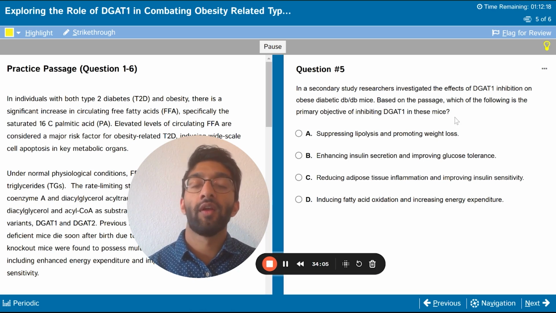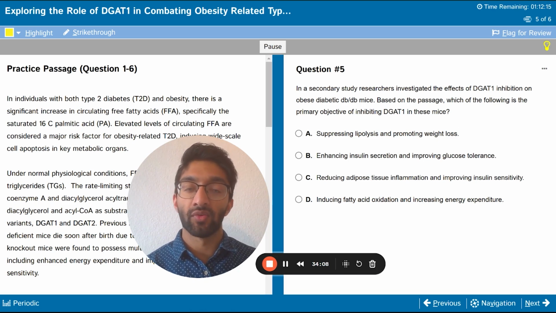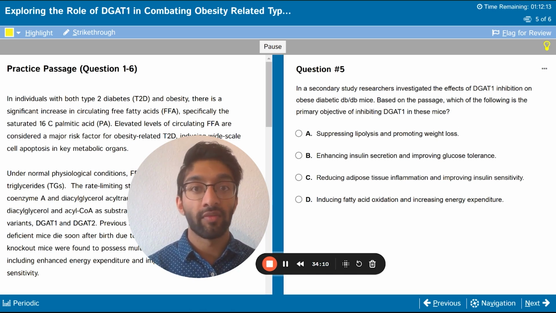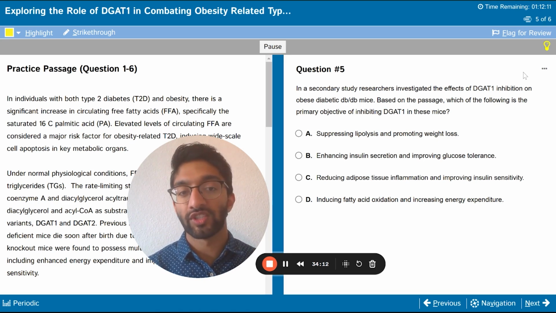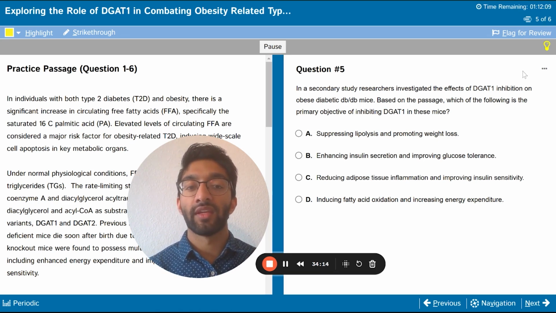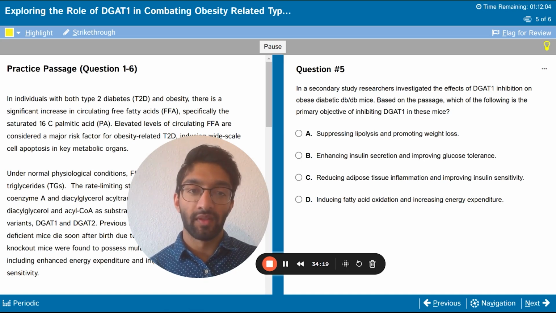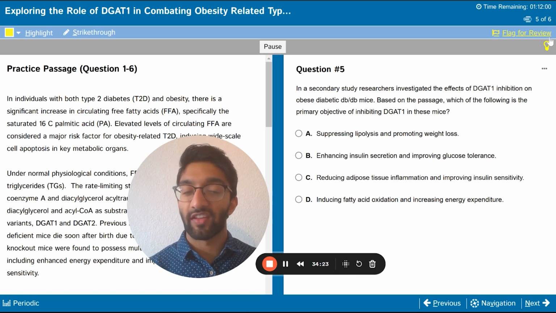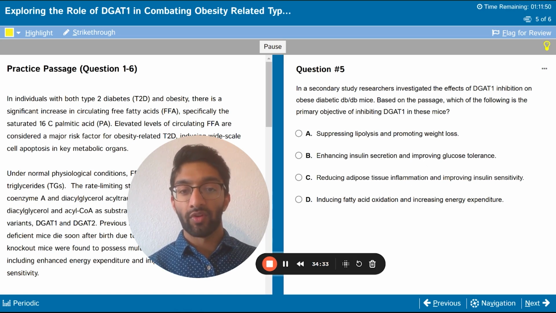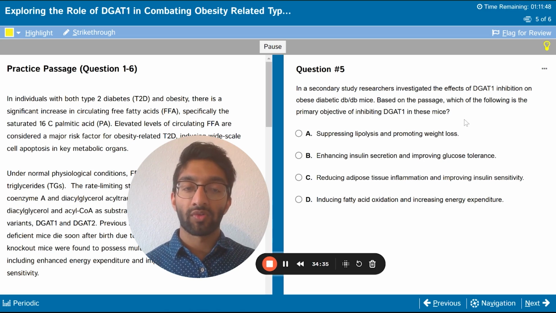And as we learned earlier, fatty acids tend to cause cell apoptosis, particularly in beta cells, as we saw in an earlier question. This is going to lead to obviously negative effects, because overall less insulin in the body and more fat in the body will exacerbate diabetes or obesity. So we want to combat that. But even though a lot of these answers might make sense when we want to improve diabetes, they don't make logical sense within the answer choice itself.